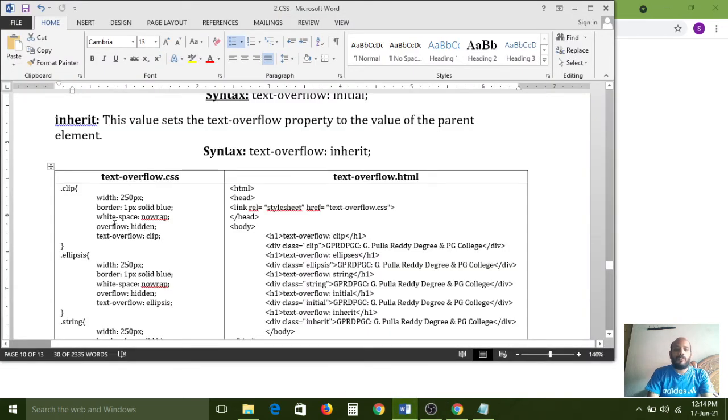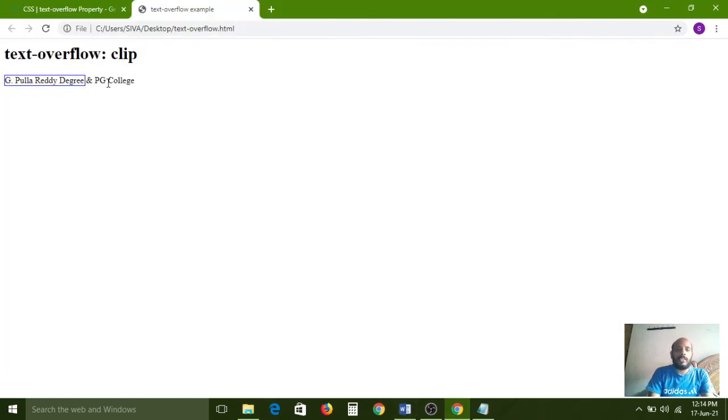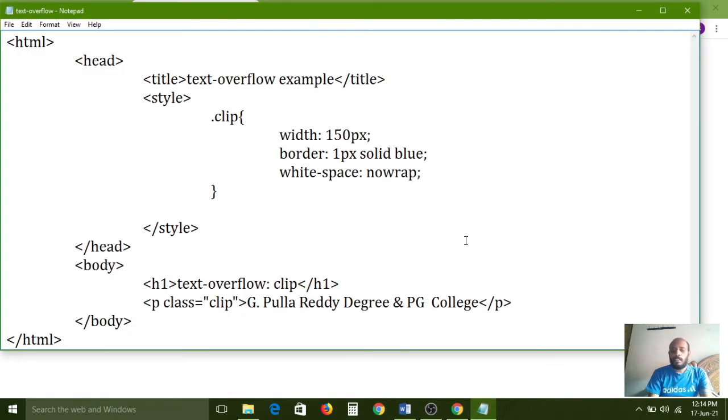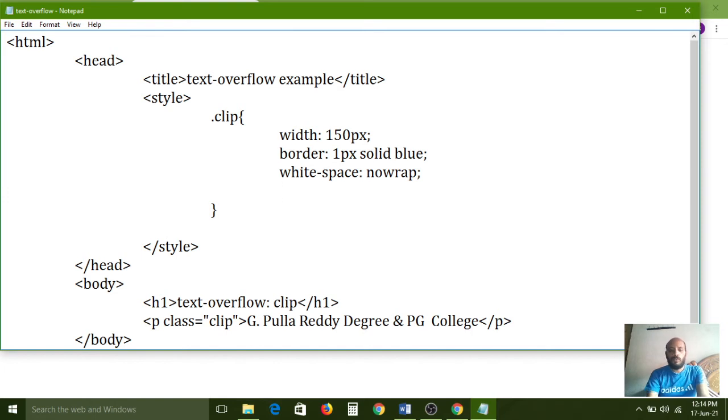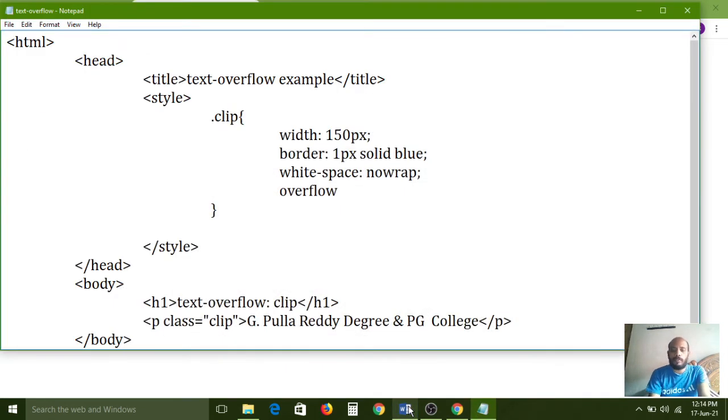And next, the overflow: hidden option you need to use, so that the remaining text is hidden. How do you hide it? Overflow, not overflown. Here you have to mention the hidden option.